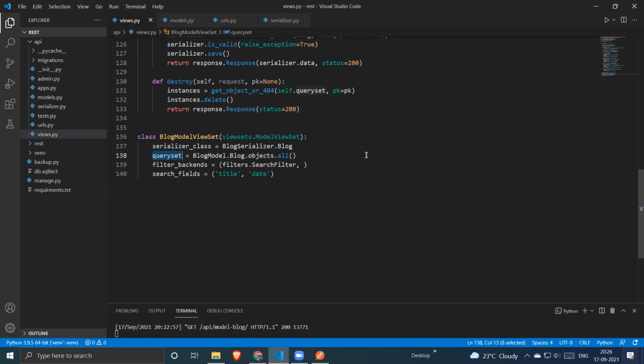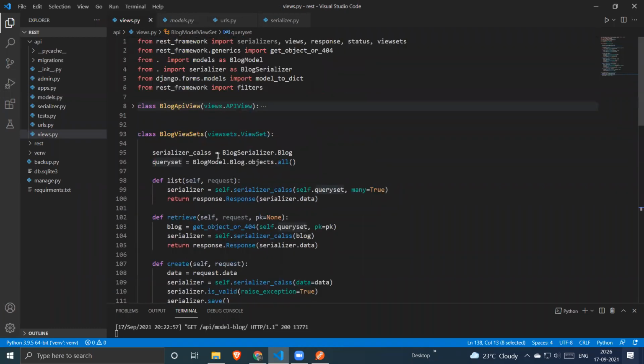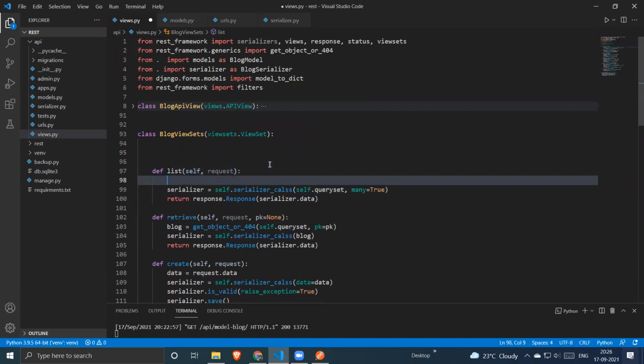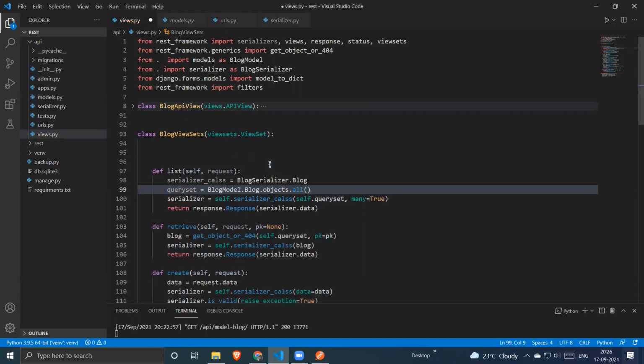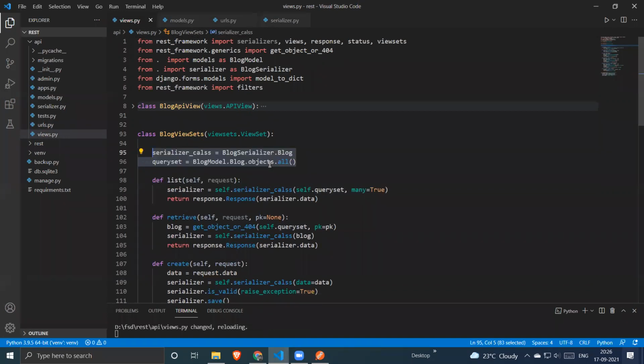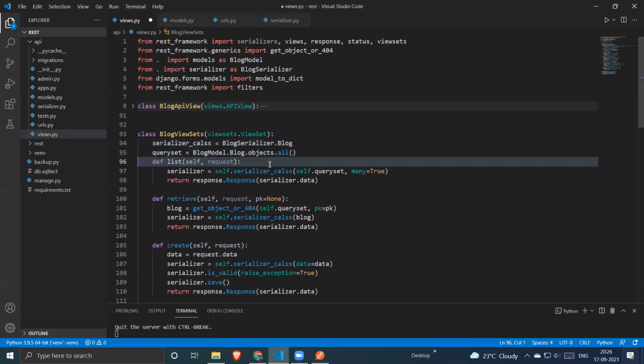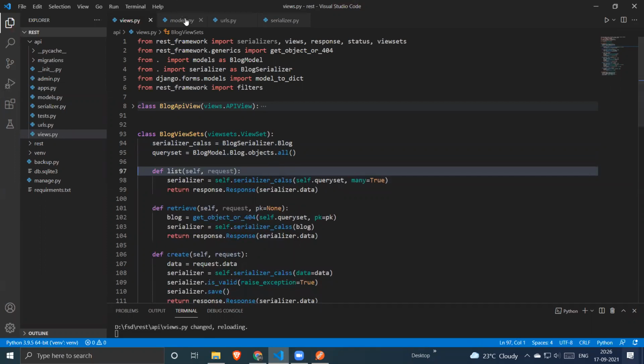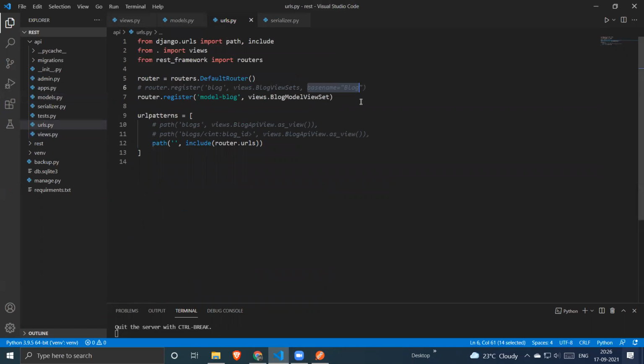But sir, in our upper class, we also used a query set. Yeah, but earlier when we defined our router, it was something like this. Did you remember? Yes, sir. Okay, got it. And sir, base name will be a model name, am I right? You can write anything. Okay, sir, thank you. It would be the same as your URL pattern name. Okay, sir, got it.